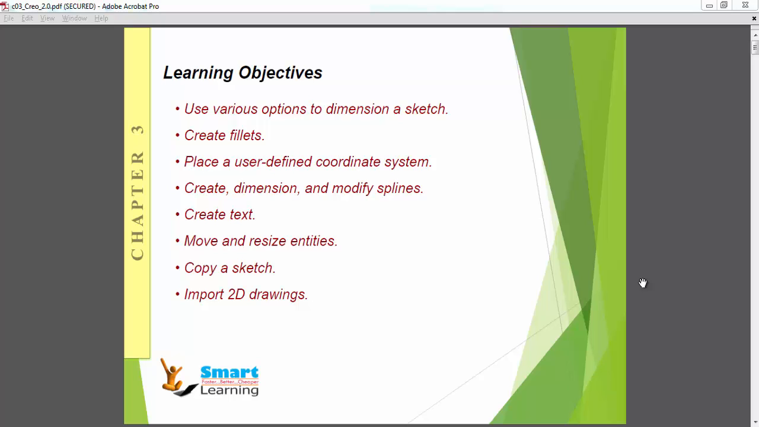Hi, in this session we are going to see about the various options to dimension the sketches apart from the options we have seen in our previous chapters, and we will be seeing how we can create sketch fillers in Creo, and we'll be discussing about how we can create a user-defined coordinate system, and we'll be seeing how we can create the splines and the different ways of dimensioning and modifying the splines,